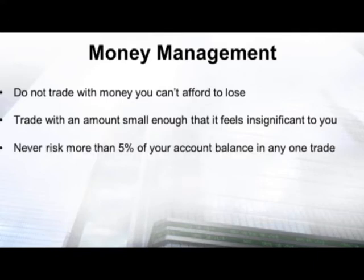You'll see just how well that's going to work in a little while. Also, never have more than 50% of your account balance active in the market at any one time. Okay, the reason being here,